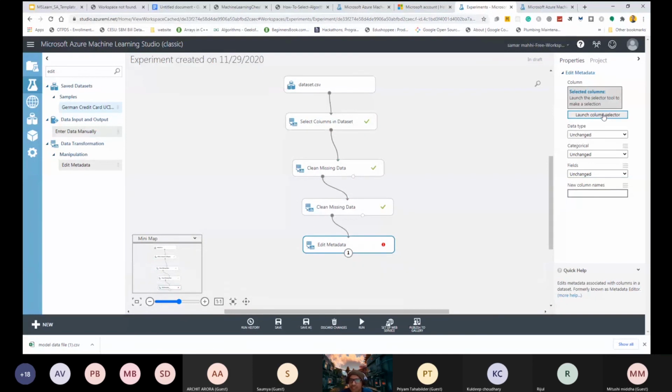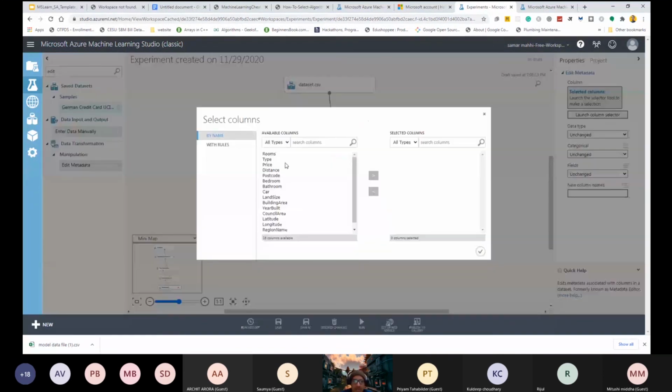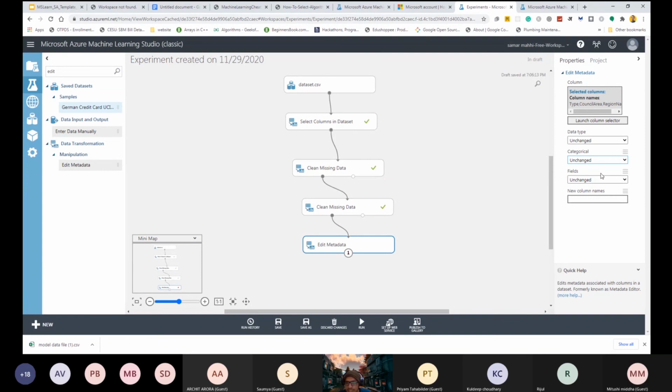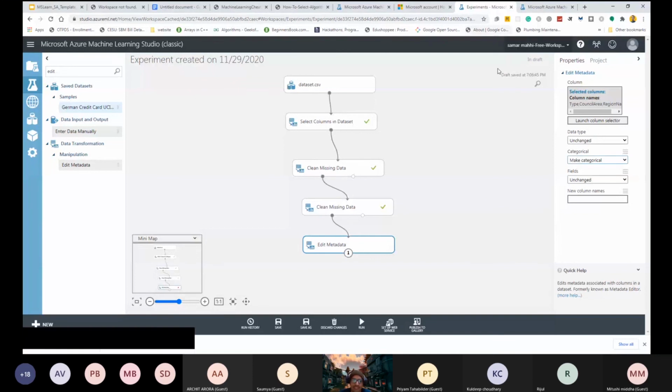Yeah. Now click the launch column selector, and the ones that were string type we will convert to category format. So the string types here were our council area, region name and type. Yep, so we will move them to the selected columns and click it. Now here there is the category option, there we will select make categorical. Yep. Basically, string features are not usually good features for machine learning algorithms because they don't draw proper conclusions out of those values. So that's why we convert all the string features to categorical features, because this feature has discrete values. So we converted it to the make category feature. Now we will rerun it once.